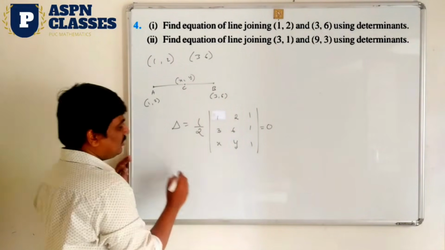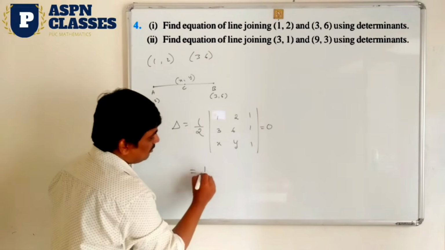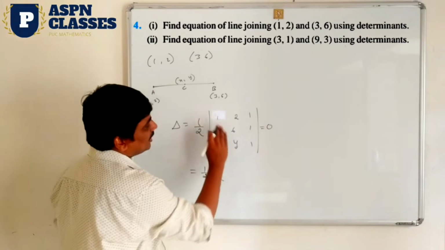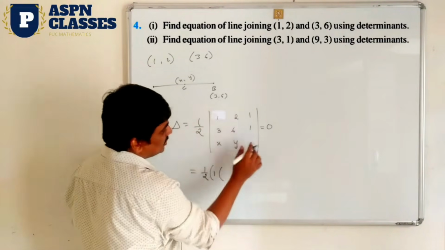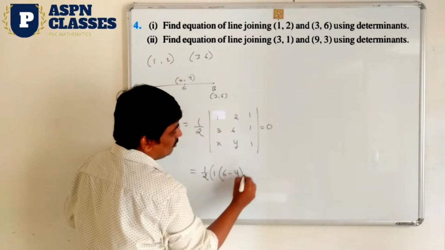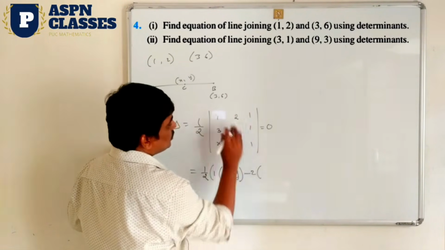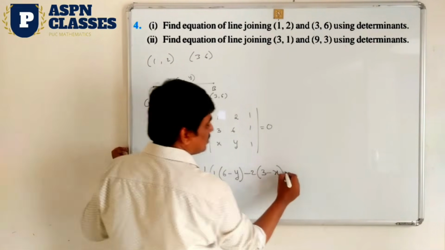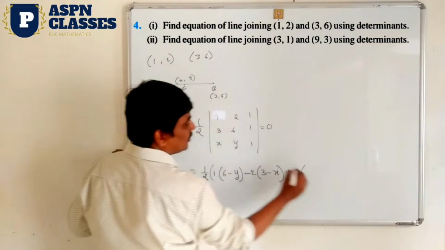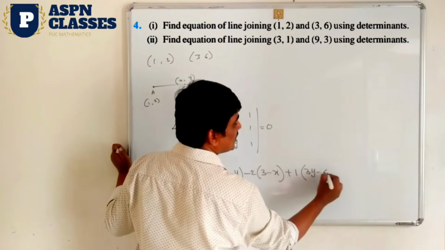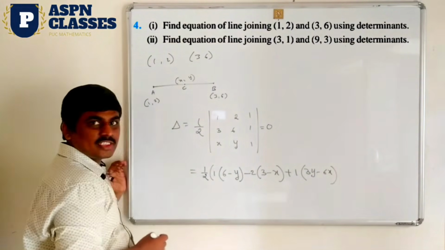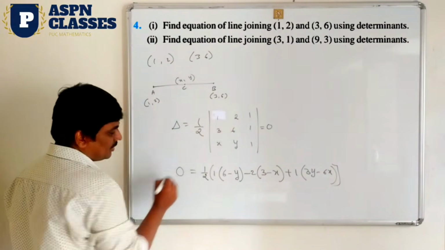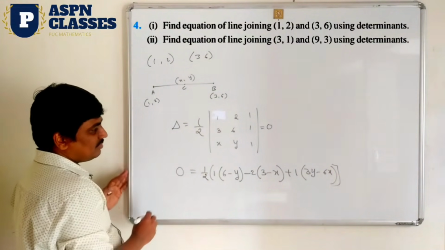Okay, now you have to go and simplify this. Here 1 by 2. So expansion along R1 only you take here. 1 into bracket, first row first column get cancelled. 6 into 1 is 6 minus y. Next minus 2. So minus 2, these two are cancelled. 3 into 1 is 3 minus x, plus 1 into bracket 3 into y, it means 3y minus 6x. Now it is clear? Okay. So this delta is equal to, what is the answer? 0. I am going to write it here. Okay, now you have to make the simplification completely.